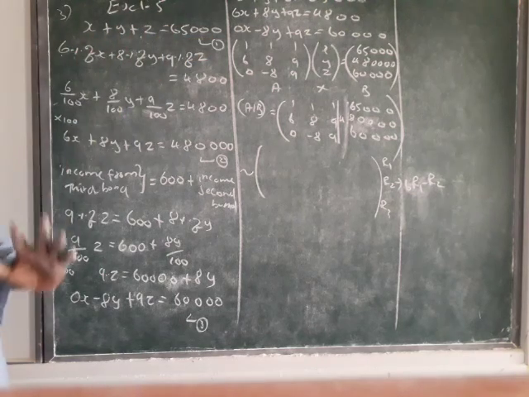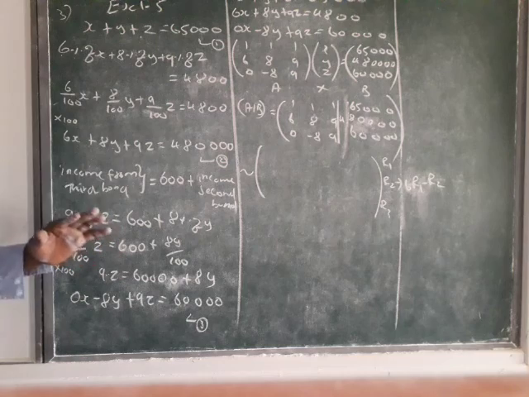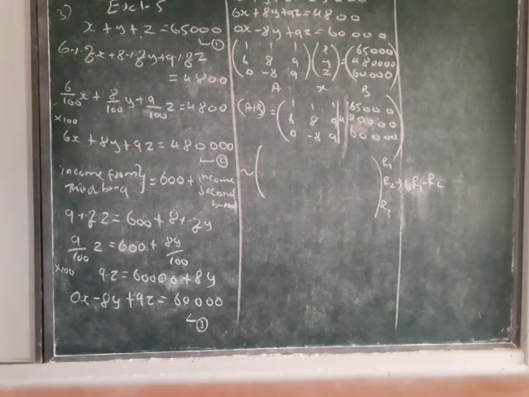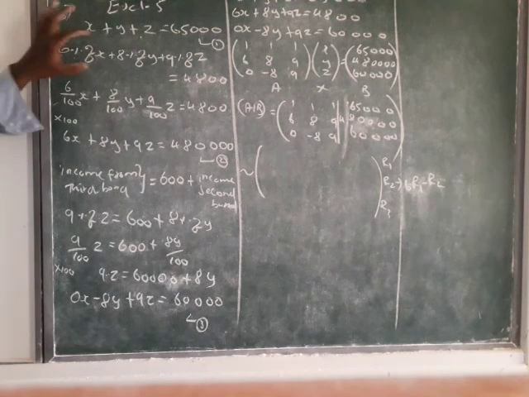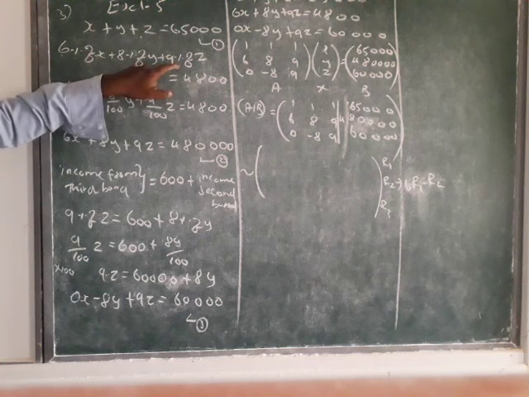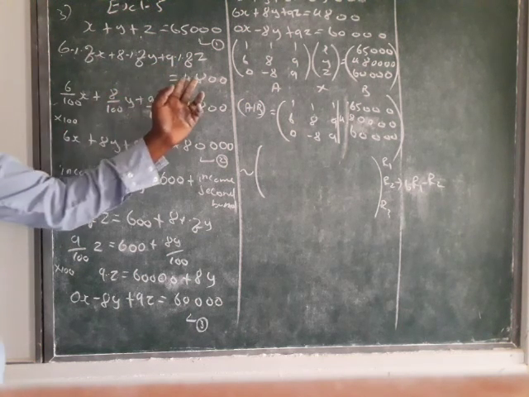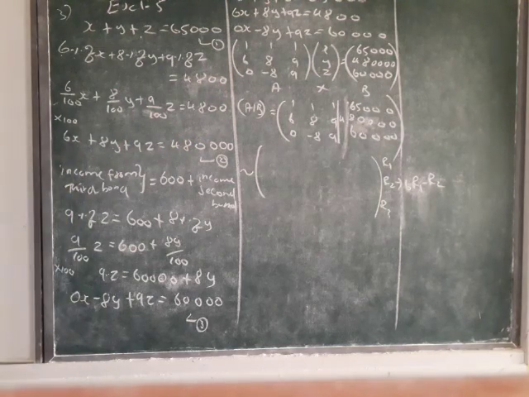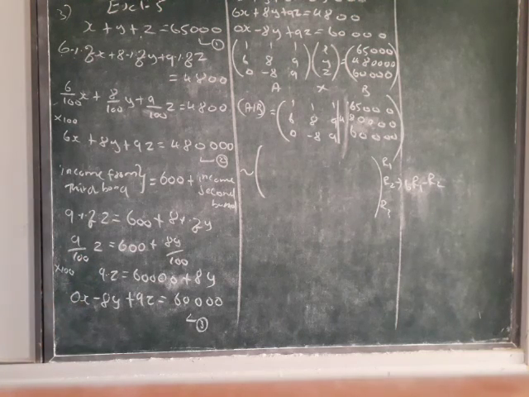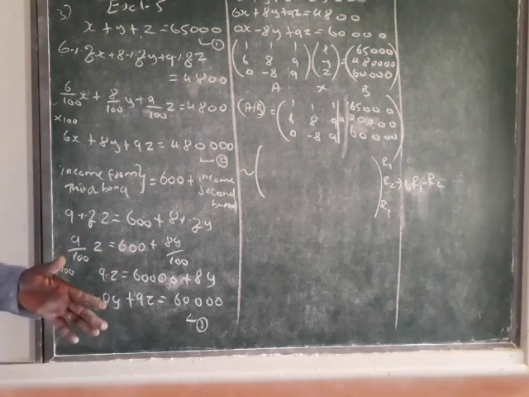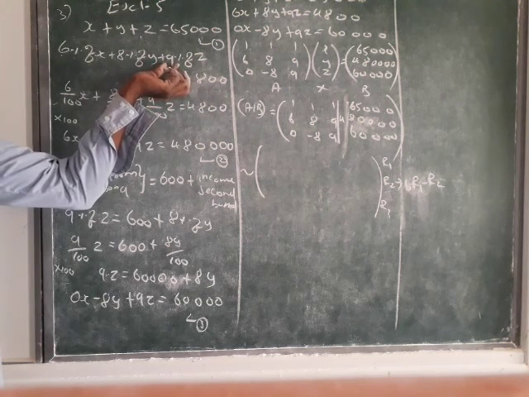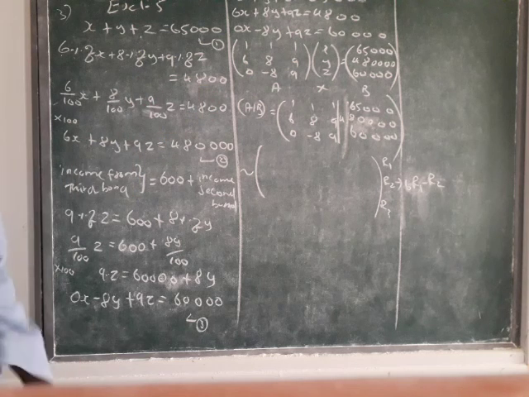So 65,000. Second, what they have given: the investor gets profit from each bond at a different rate. From the first bond, the income is 6%, then 8% from the second one, 9% from the third one, and the total income in 1 year is 4,800. In the previous year, I told 10% and 5,000. So please, those who are using the old book, change that. In the old book it is 10% and 5,000. Now we are using 9% and 4,800 rupees.